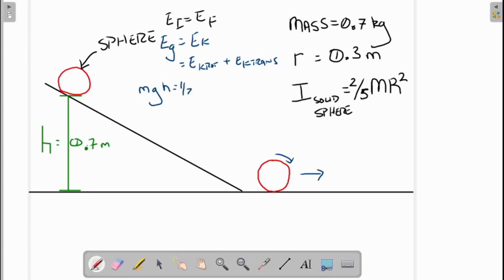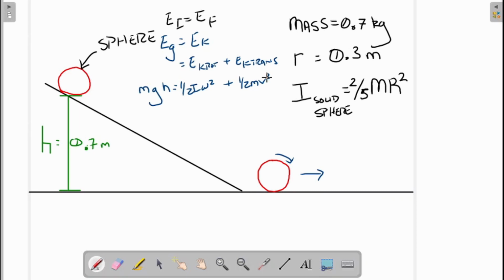Rotational is going to be 1/2 I omega squared, and the translational is going to be 1/2 mv squared. And if I want to know how fast this is going at the bottom, I have two unknowns. I have two things I can't solve for. The I term, we can plug in the moment of inertia, the 2/5 mr squared. We have all those variables there. But the omega does not solve. So we have omega and v, two variables, so we can't solve it as it is,